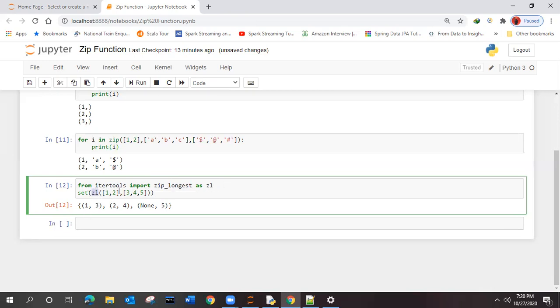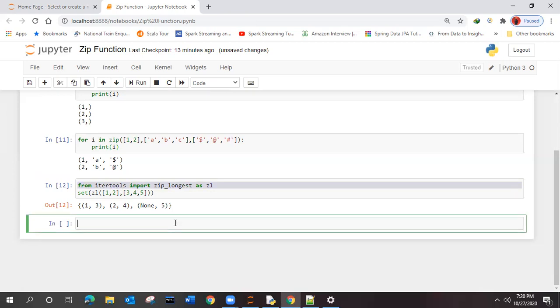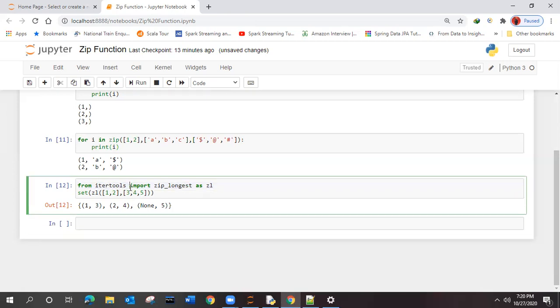If you directly write zip_longest here, Python will tell you that it doesn't know what this zip_longest is. To work with this, you have to import it. And from where will you import? From this one. If we don't give from also, it will work?